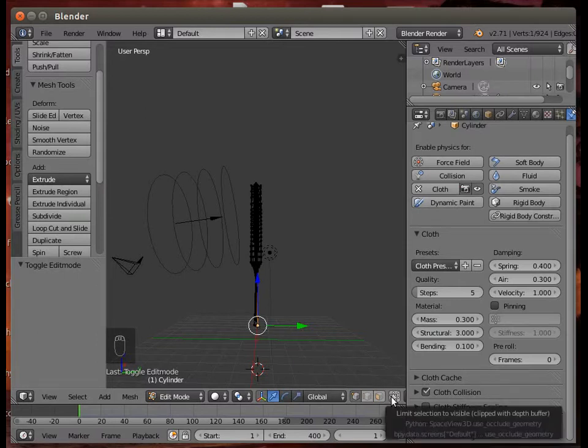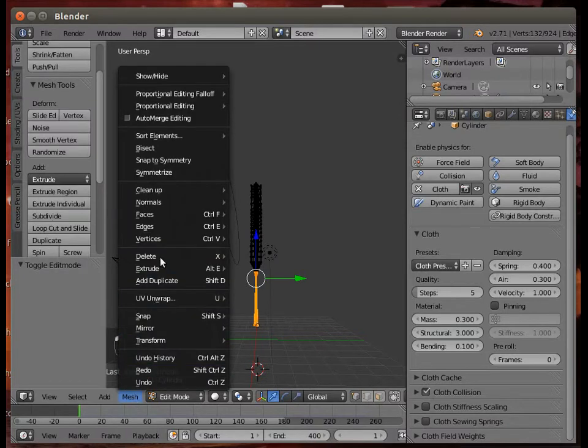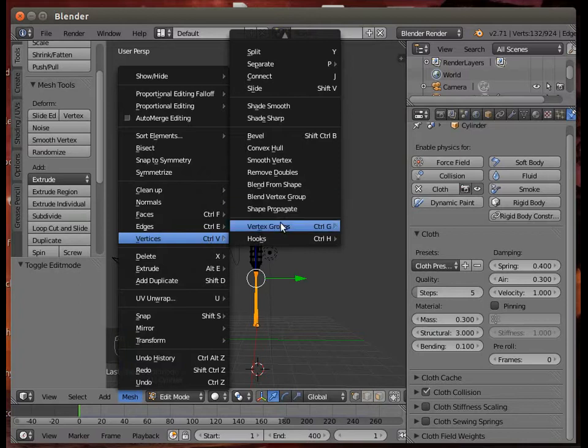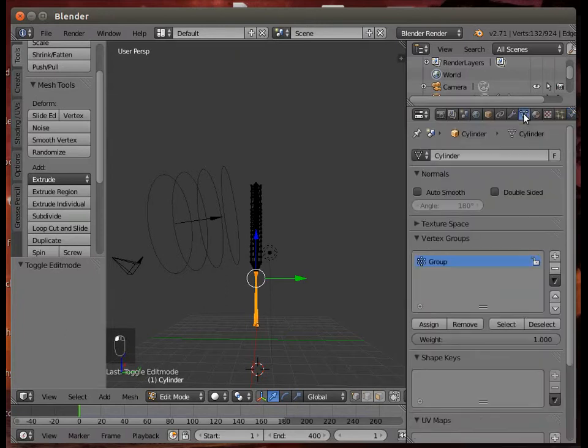I'm going to make sure that's on, which it is, and that we're in vertex select mode. I'm going to hit the C key, so I'm going to have all of those and those, and we're going to have to make them a group. And if you go to mesh, vertices, vertex groups, assign to new group, and they're now made into a new group. Now to see that new group, if you go over to the right hand side here and object data,